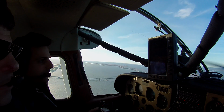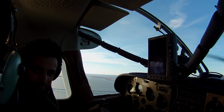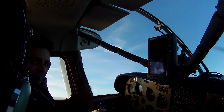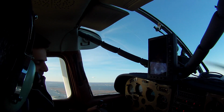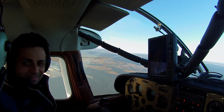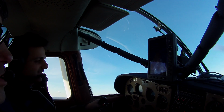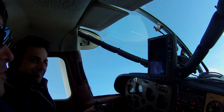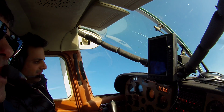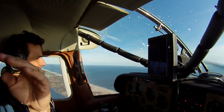So I'm actually looking to my right now. All right. Just like so. Stay with me on the controls. I'm looking to my right. And I'm slowly making that half a circle. Nice and easy. I'm starting with a very shallow bank, just like so, initially, because of the wind. Okay. I'm actually crabbing into the wind now to maintain my half a circle. And be ready, because now we're going to finish that circle. It's going to be a very steep bank because we're going downwind. Just like so. Look at what the wind's doing. And now I'm going to crab to the right a little bit because the wind's from my right behind. Okay? Let's assume we just